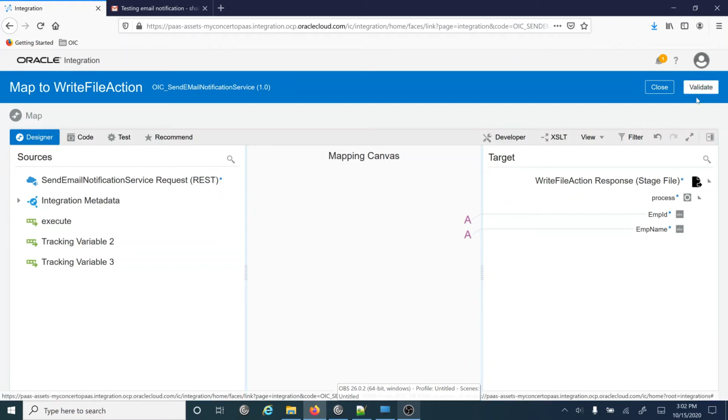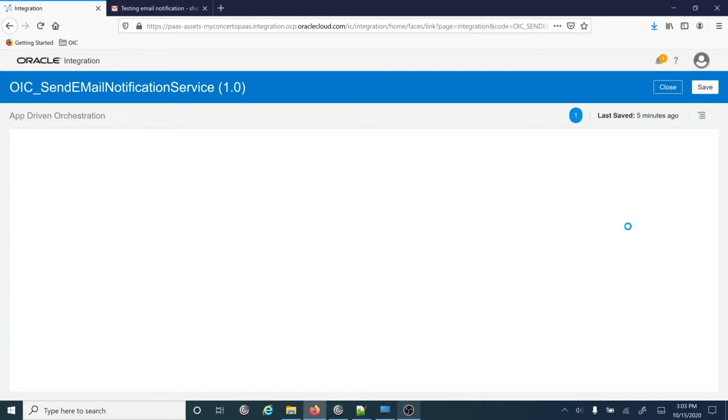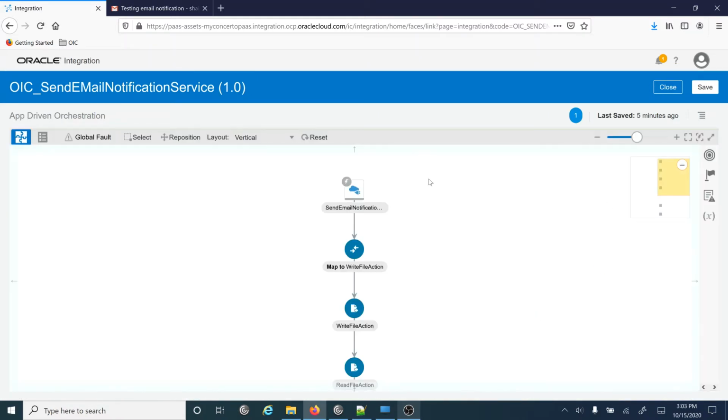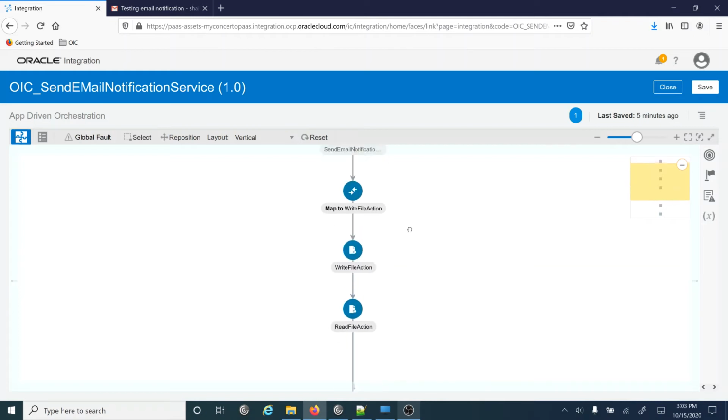Close this, validate this, and if the validation is okay, then click on the close button. So in the file I'm sending 1234 as an employee ID, and I'm sending Shailendra as an employee name. So we have configured this. Now I have to